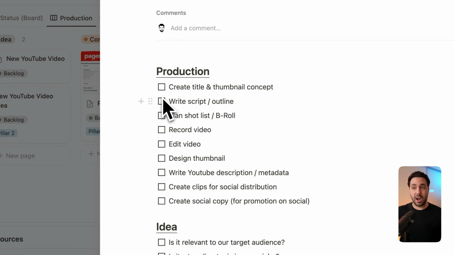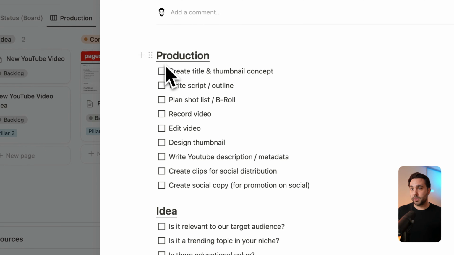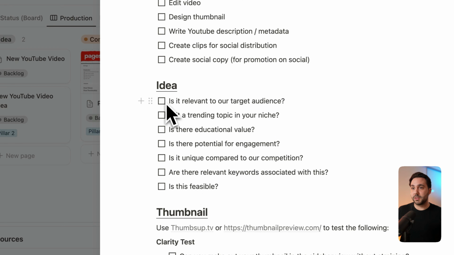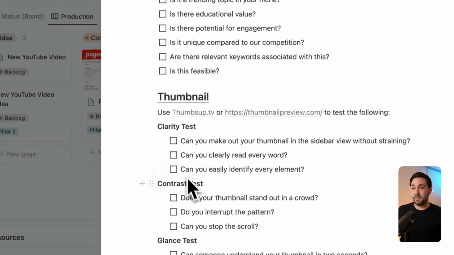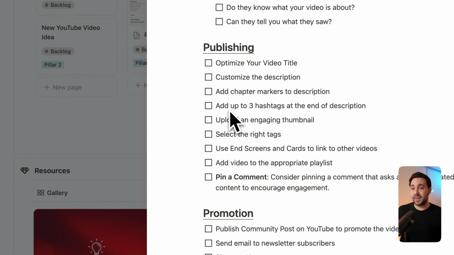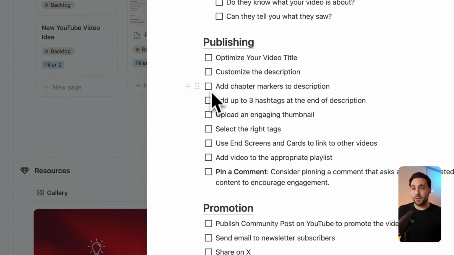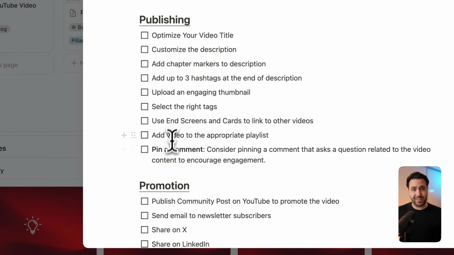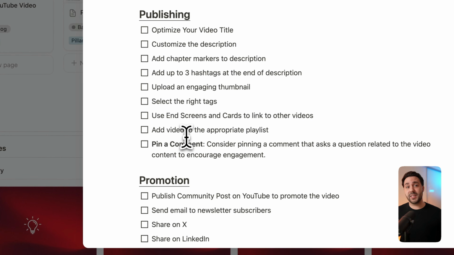So this will just kind of help guide you when you're creating your video. So there's an overall production checklist. There's checklists for ideas, for your thumbnail, clarity test, contrast test, for publishing, making sure you're doing all the right things. And again, you don't need to check this off for every single video, but this is pretty much